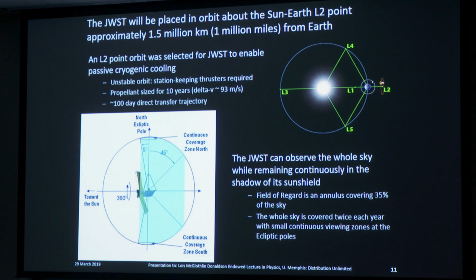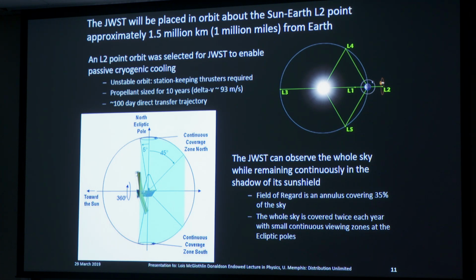Now, why did we do that? In this configuration, everything that produces heat on the JWST, the Earth and the Moon and the Sun, will always be in the same direction. So we realized that if we could deploy a giant sun shield that would cause the observatory to always live in the shadow of the sun shield, then it would cool passively to the desired temperature by simply radiating to the cold darkness of space. Okay, so the JWST has to always live in the shadow of its sun shield.